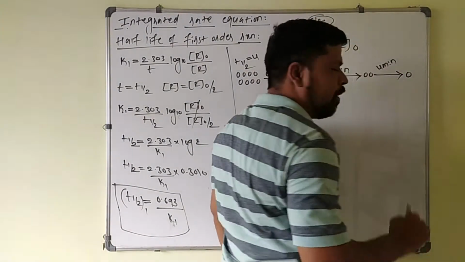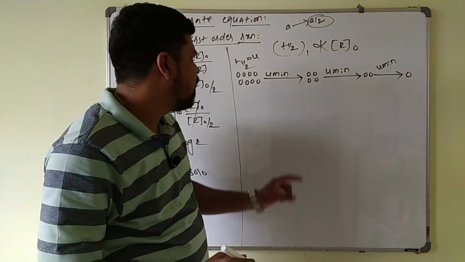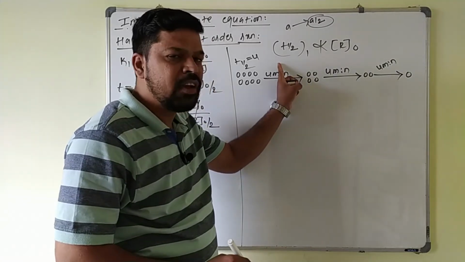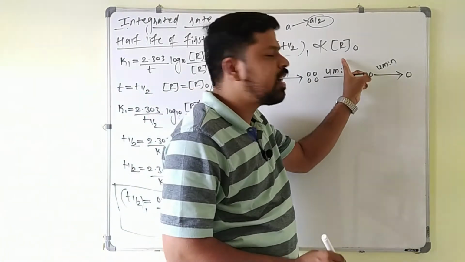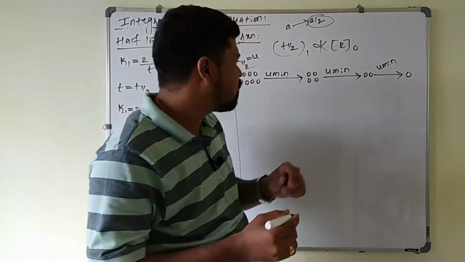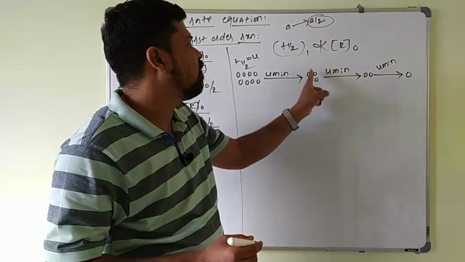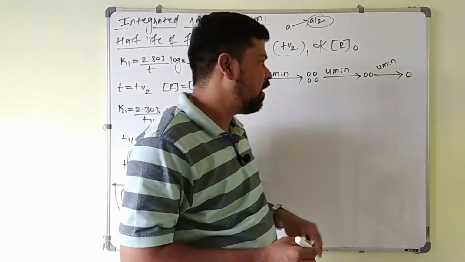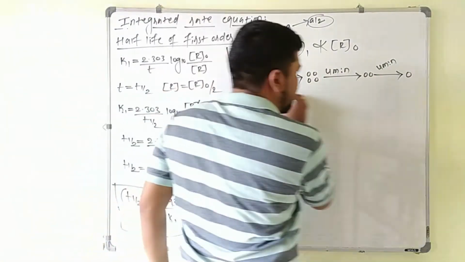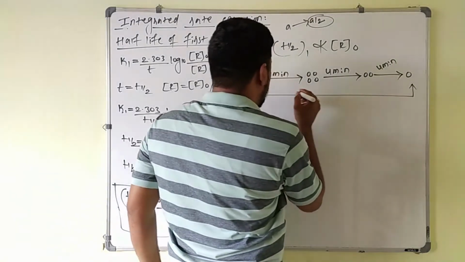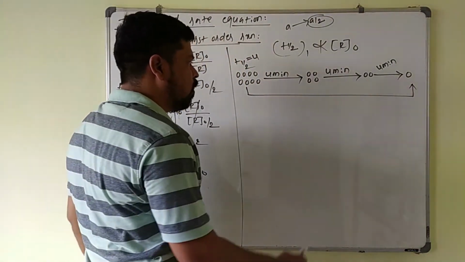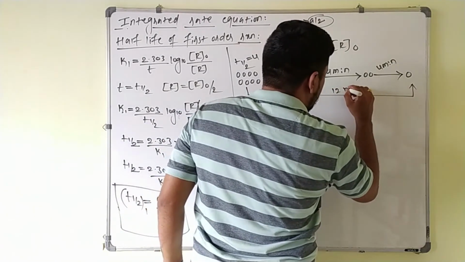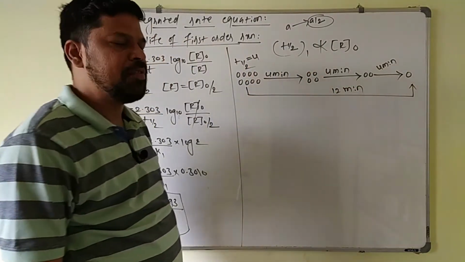But in case of zero order reaction, if 8 mole is getting converted to 4 mole in 4 minutes, from 4 mole to 2 mole it takes 2 minutes. But in case of first order reaction, it is independent of the initial concentration. So every time the half-life will be the same here. From 8 mole to 1 mole, how much time will be taken? That is 3 times the half-life, nothing but 12 minutes of time here.